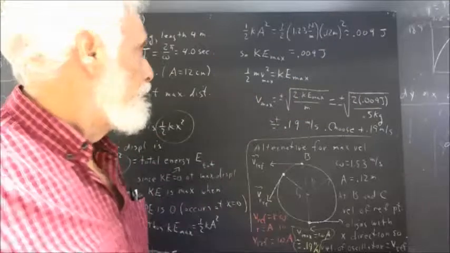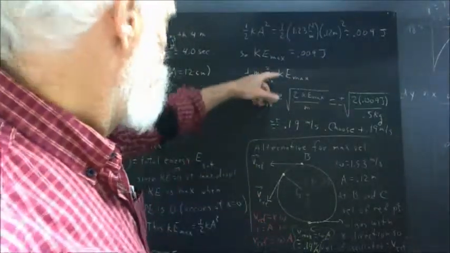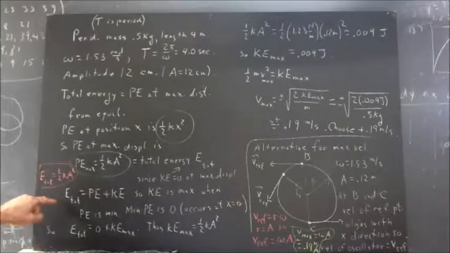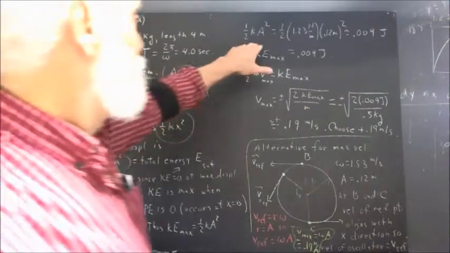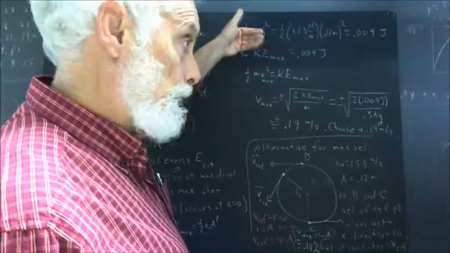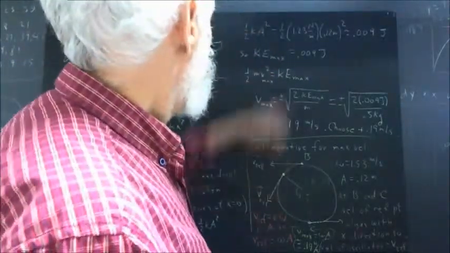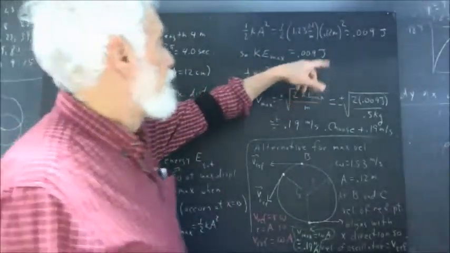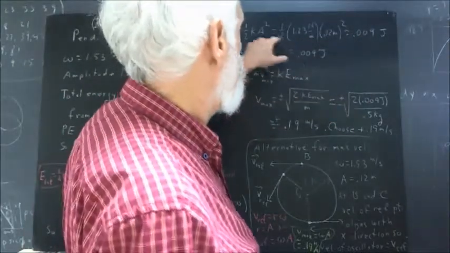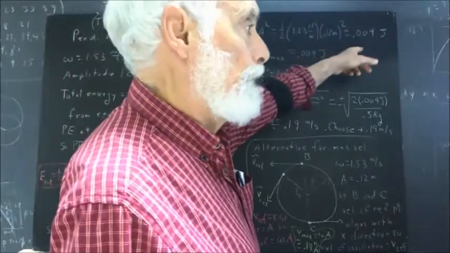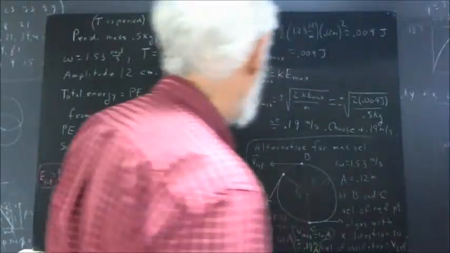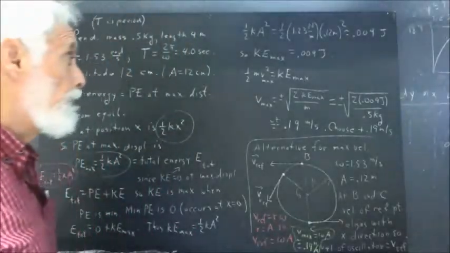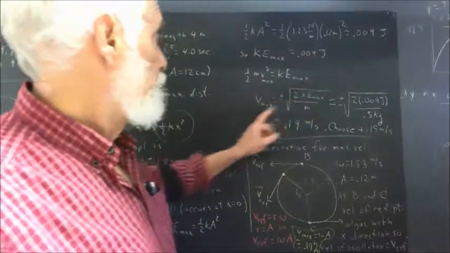Well, maximum kinetic energy is equal to the maximum potential energy, which is equal to the total energy. So we calculate 1/2 kA squared, which is the maximum potential energy, or the total energy, and we just plug in k, 1.23 newtons per meter, as we determined earlier, the 0.12 meter amplitude squared, and then the 1/2, and we get something pretty close to 0.009 joules, so our maximum kinetic energy is about 0.009 joules. Solve this equation for V max,